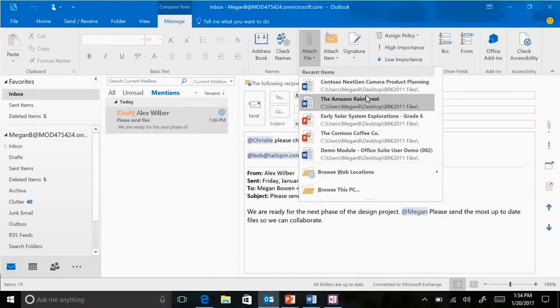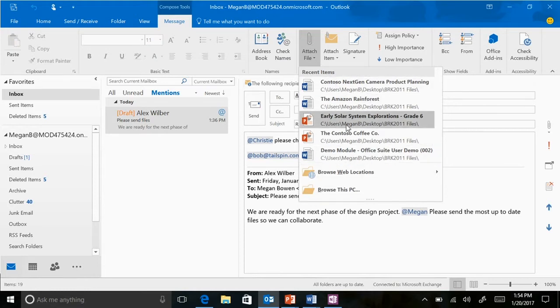Doesn't it make sense that when you're sending out an email, this populates the things that you were just recently working on? Because there's a good chance that when you send out that email, you're going to need to reference a document that you were just working on. So when you drop down through this menu, you'll see your most recently used items. And even if it was saved in the cloud, these will actually pop up as well.